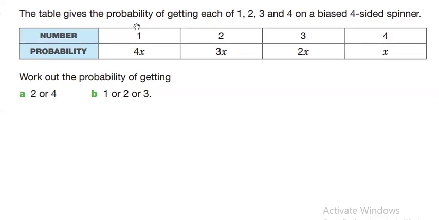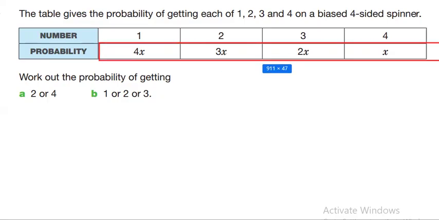The table gives the probability of getting each of 1, 2, 3, and 4 on a biased four-sided spinner. These are the possible outcomes, and this is the probability of each possible outcome. Now, in the probability section, we have a variable, which is x. To find this variable, we have to use the information that we know about probabilities, that the sum of